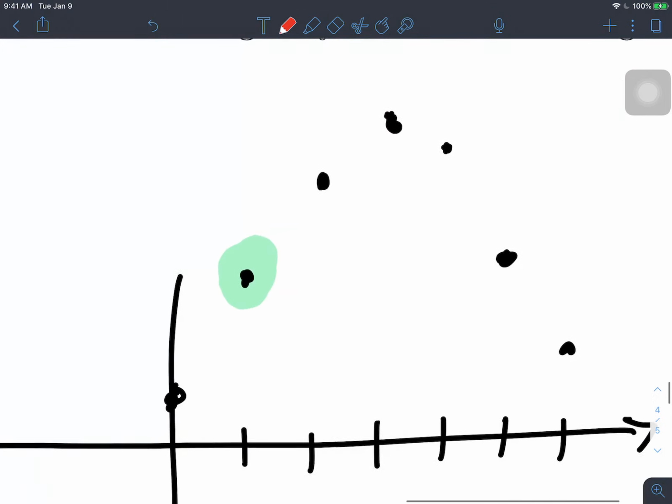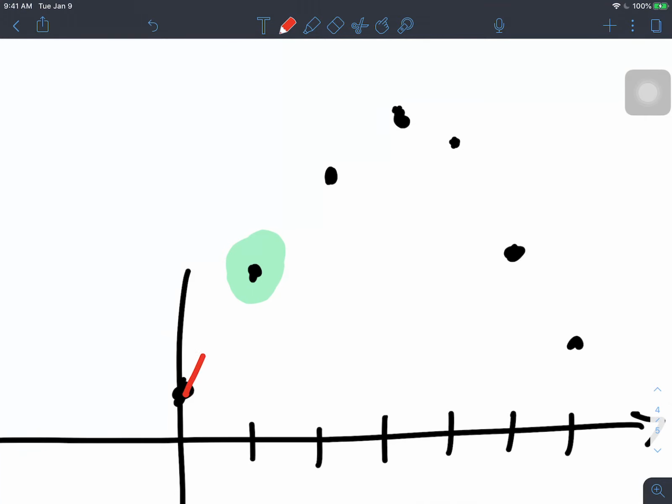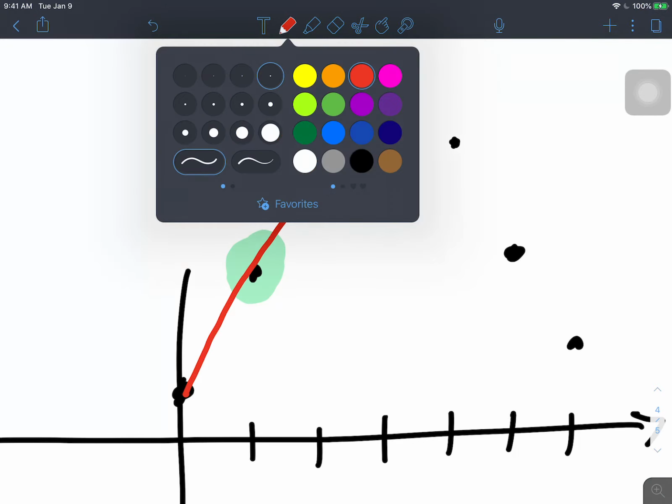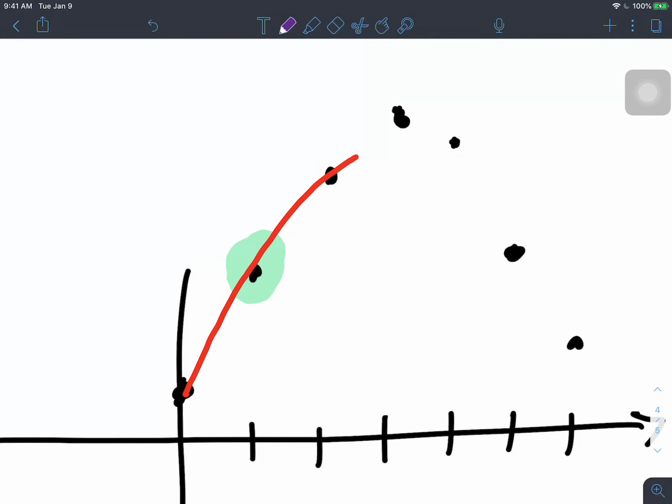If you imagine our graph looking something like this, what I'm going to do to try to compute the slope of this line, which goes through here like this, is I'm going to take the average of 2 different lines. One line which goes through